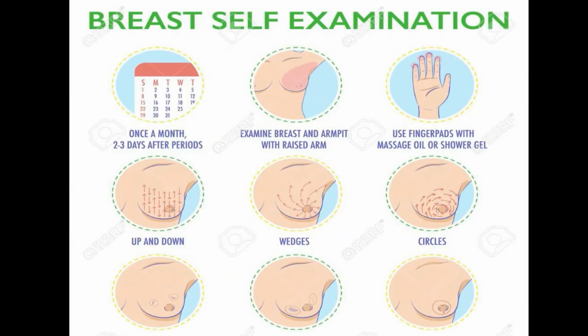Every young female and every female should do self breast examination for the detection of any lump, any abnormality, any color change, or any discharge from the nipple. It is suggested to do self breast examination once in a month, and the ideal time for the examination is the second to third day after the periods start, because the glandular tissue is not under the influence of the hormones and is soft tissue. The steps are